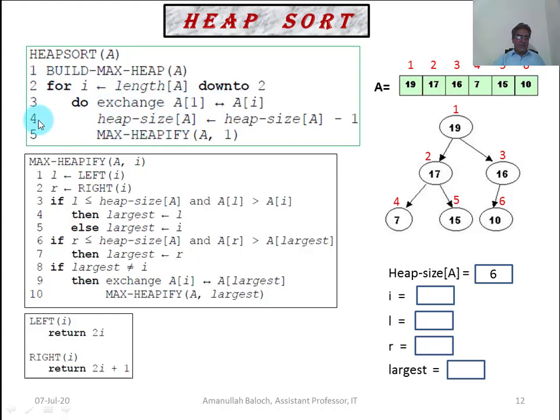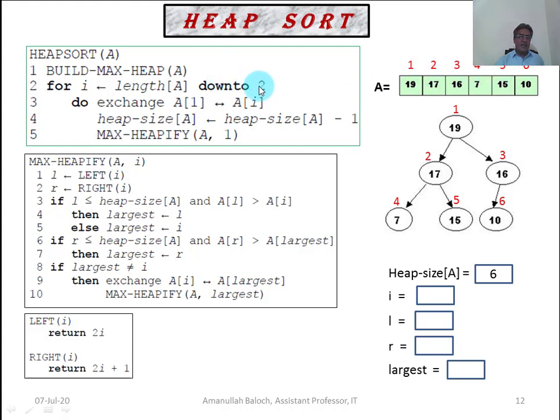For these 4 lines, 2, 3, 4 and 5, the computer will start from the last position. Length of array is 6, so 6 down to 2: the first value of I will be 6, and then it will decrement from 6 to 5, 5 to 4, 4 to 3, 3 to 2.